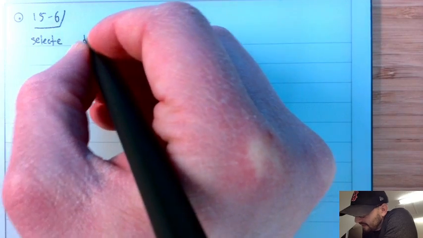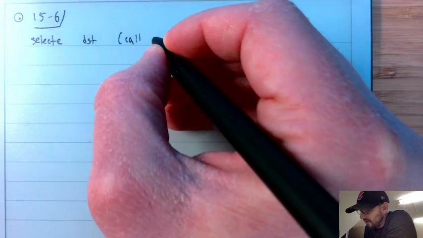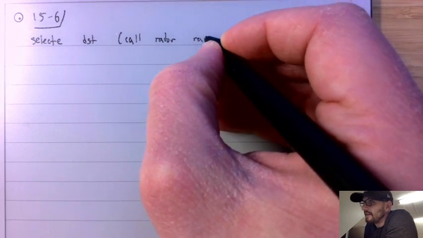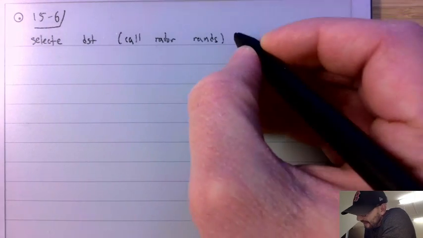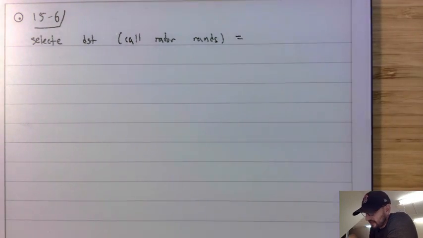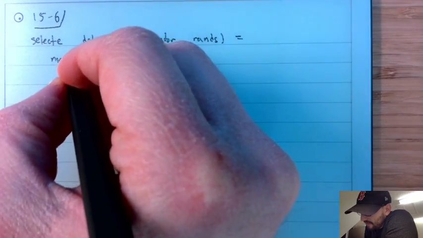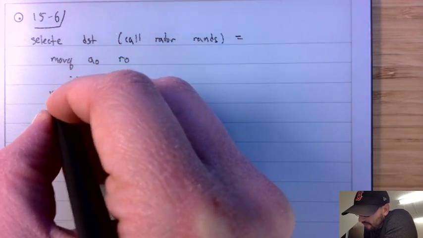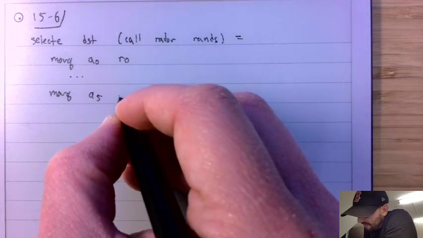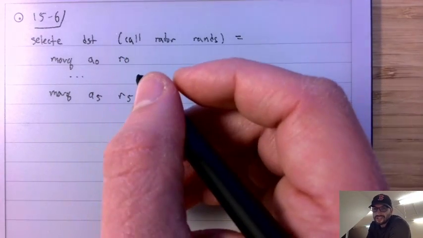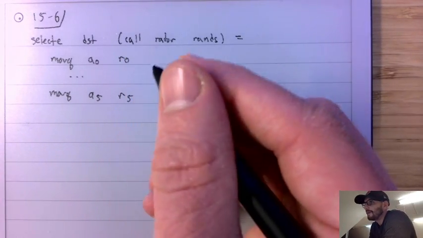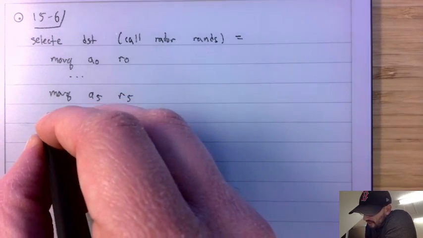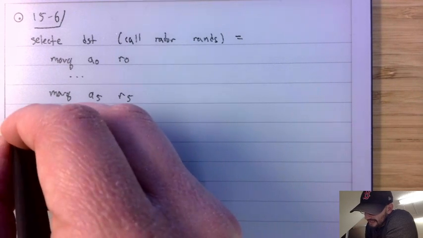Okay, so when we call select E of a destination, and the code is a call to a rator and its rands, then we start off by doing a move queue of argument 0 to register 0 up to a move queue of argument 5 to register 5. Now it's not literally register 0, it's the ABI one. Then we do a call queue, an indirect call queue,